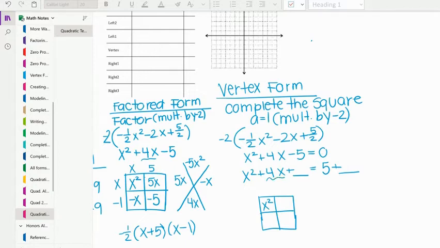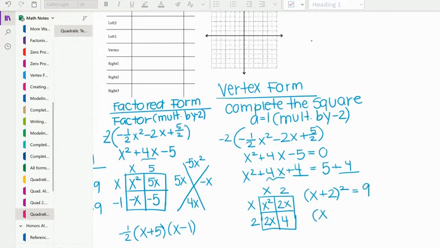I take my middle term and divide by 2, and then I come up with the edges. So we get x, x, 2, 2, and then you multiply 2 times 2, which is 4, and this would go here and here. So then you write your factors, which are x plus 2 squared equals 9,